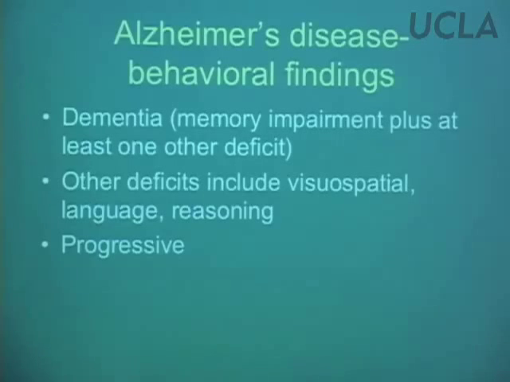Patients with Alzheimer's disease won't really get a diagnosis of Alzheimer's disease unless, in addition to having some problems with memory, they have problems with something else as well. Memory might be their biggest problem, but they also have some other deficit, and that is usually a visuospatial deficit. So these patients may have trouble constructing things, or they might get lost in familiar environments. They may have language problems. They may stop being able to understand language very well, or know the names of things, or know concepts, or reasoning. They might start to make poor decisions. That would be another example.